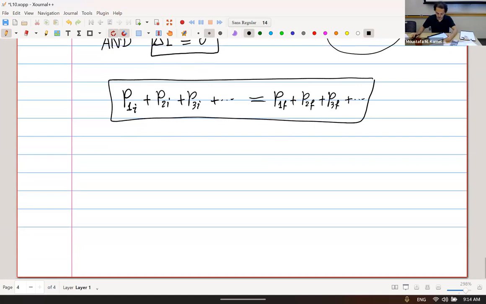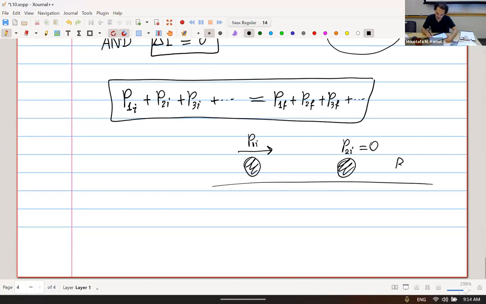If you have 2 particles colliding with one another, and this object was coming this way with some momentum P1 initial, and this was stationary, for example, P2 initial was 0. This is the situation